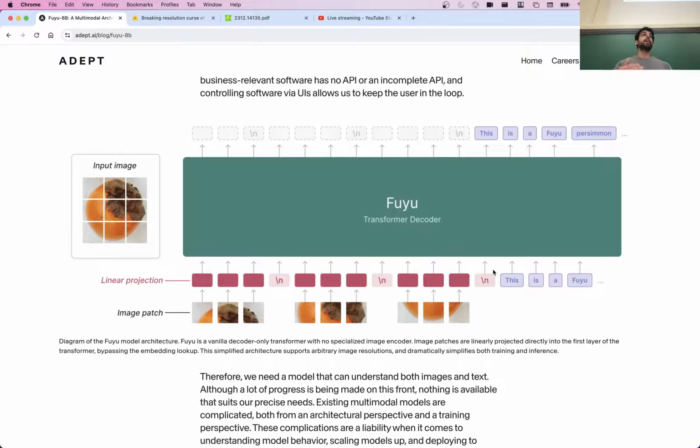Especially if they're getting trained using the same objective that is trying to increase the likelihood of the text response, right? So the idea is that they don't have to be in the same space, but the model will have to learn how to reason over the image tokens and the text tokens to increase the likelihood of the correct response.